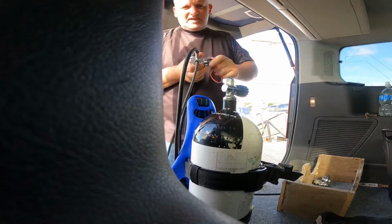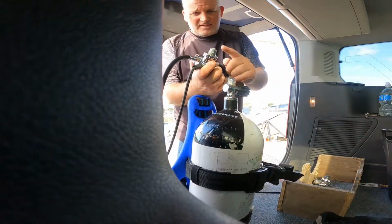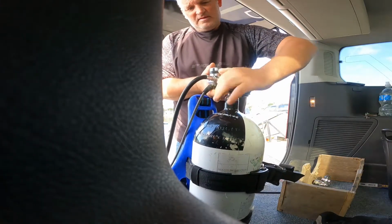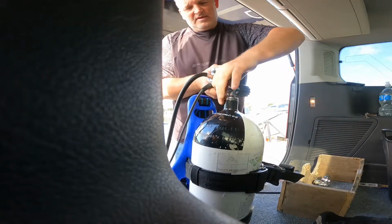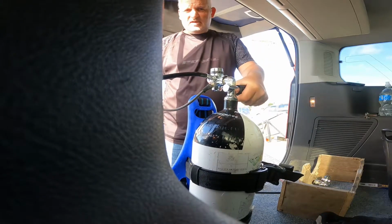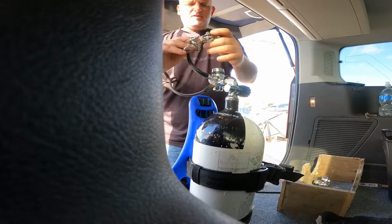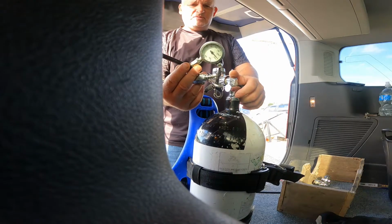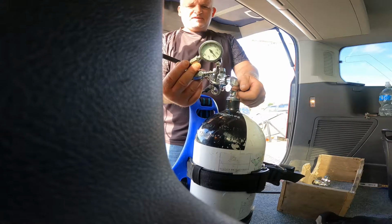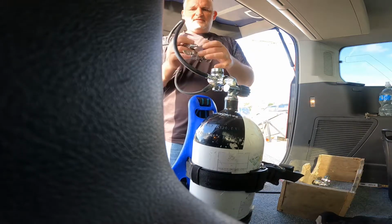We always use DIN fittings. So that's a DIN fitting, it screws into the tank. Screw that in nice and tight, and then pressurise, keeping the valve gauge away from you. So today I've got 235 bar, which I pumped myself, so I know it's going to be good. 232 bar times 12 litres gives you the amount of air in this tank. I keep a little blower on the side,